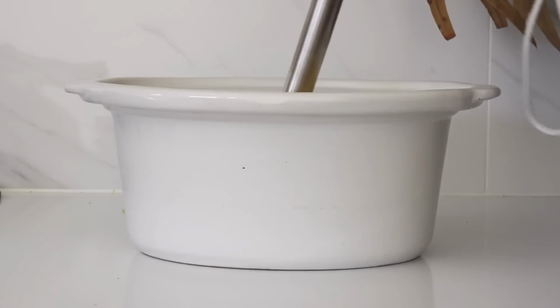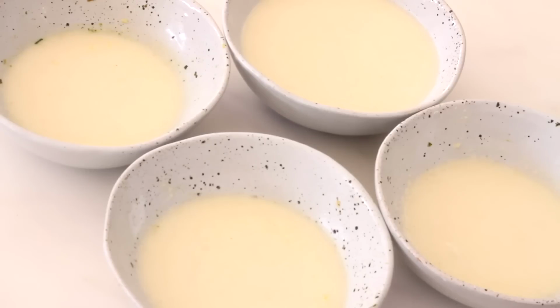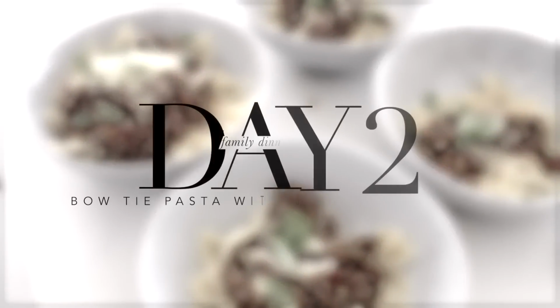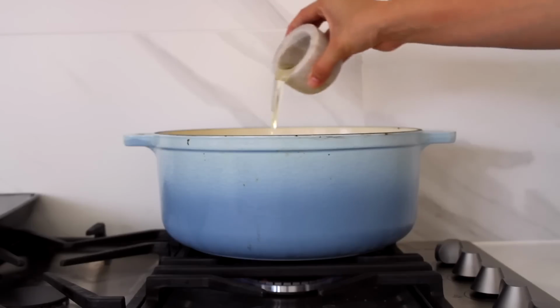Obviously, once it's finished cooking, it's just a matter of blending it all up. It's actually enough for a full meal for James and the kids, with enough left over for 2 whole more family meals. Day 2 was our favourite bow tie pasta with bolognese sauce, and this just combines a tablespoon of